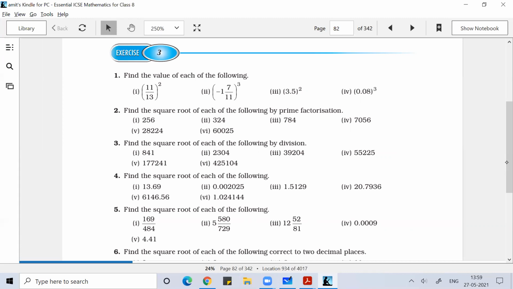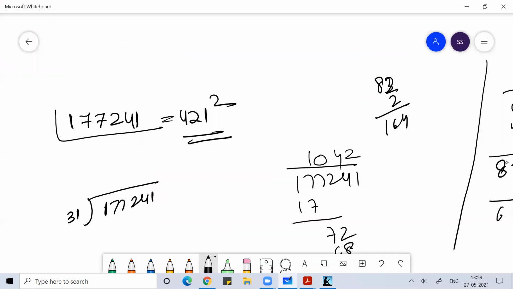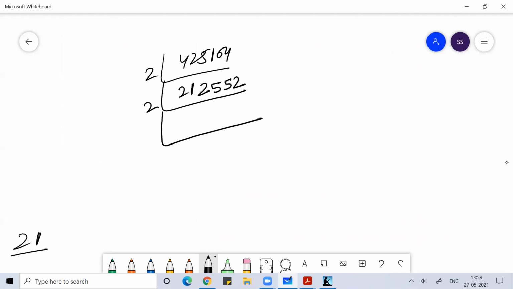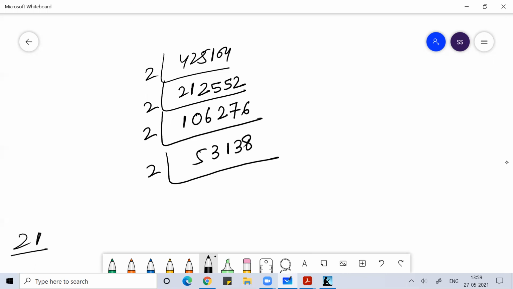Can you do this? 425104. 2 से गया, ये हो गया 212552, फिर 2 से गया, 106276, फिर 2 से गया, 53138, फिर 2 से गया, 26569. अब ये 3 से जाएगा क्या? 25 16 19 नहीं जाएगा 3 से। फिर 7 से जाएगा क्या? नहीं।